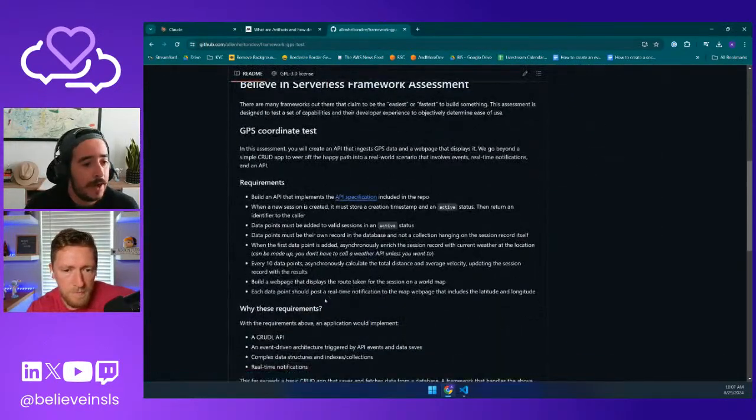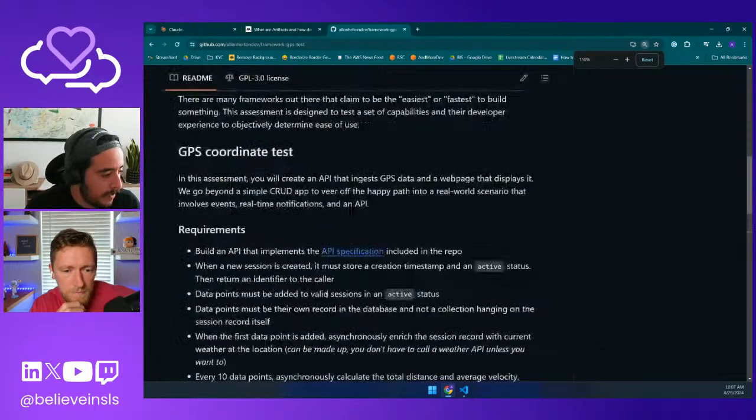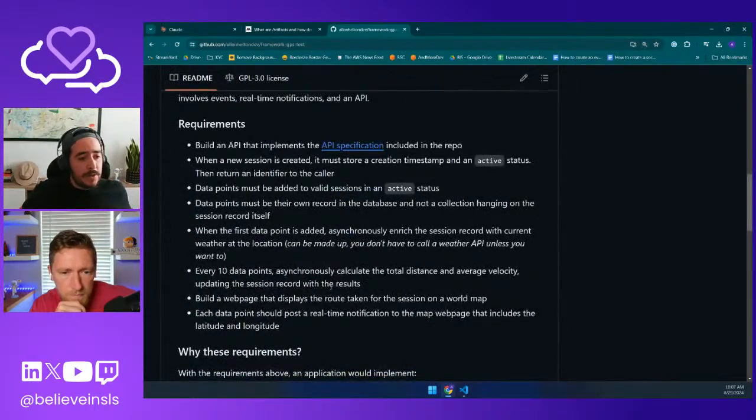So we have this little framework that we try to use to assess things, right? So if you've watched any other streams where we're trying any type of platform as a service or infrastructure as a service or any of those, we try to see how far we can take it in building this. So let me do a little bit of a close-up. So it's basically building